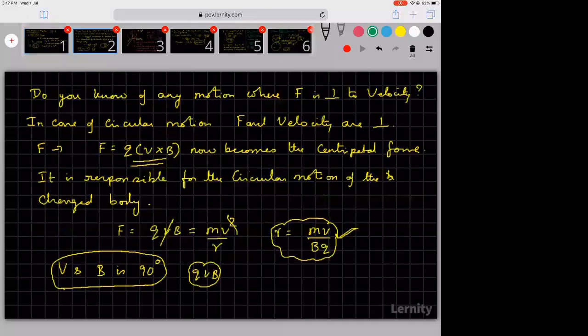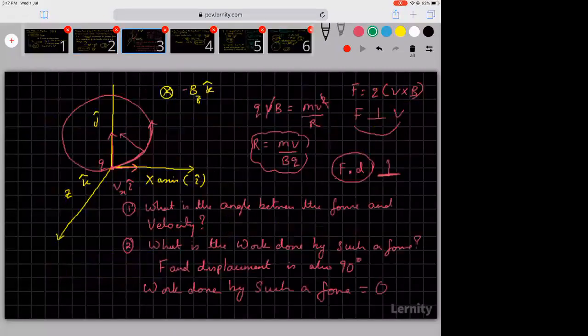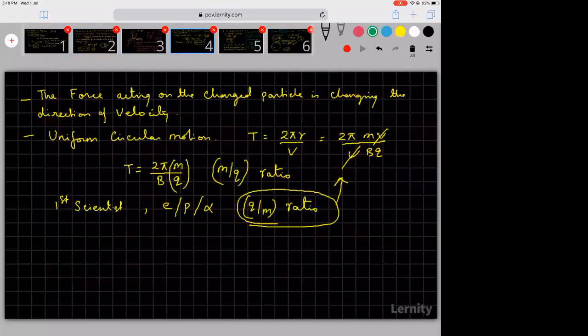Slide 2. Slide 3. Slide 4. Try to work out what I am teaching you. Don't just read it. If you read it, it will not help. Try to work out. Try to see why it will move like this. How is he saying it will move like this? What is the cross product? Do the cross product. Then you will understand things better.